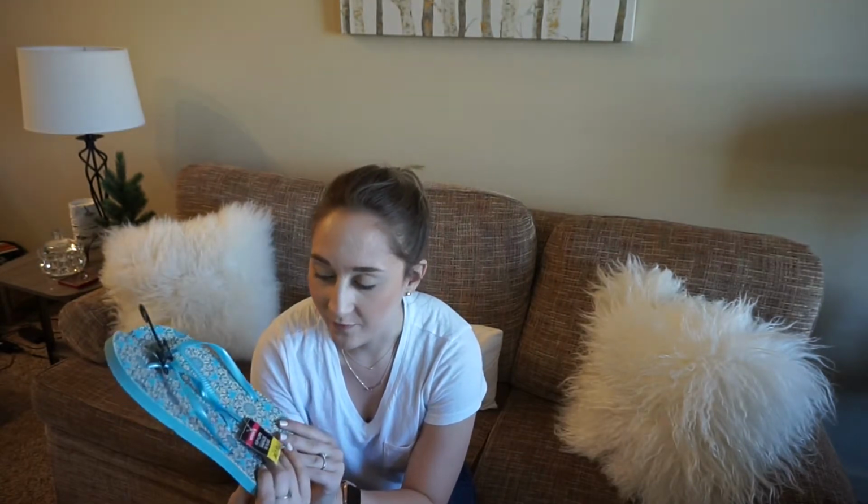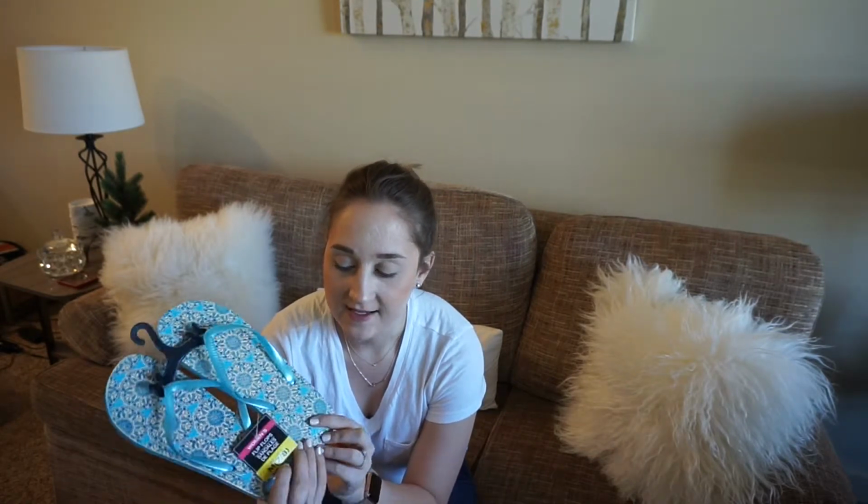And then the last item that I found is these flip-flops, actually. So these are really lightweight flip-flops. And again, as per usual, I'm constantly thinking about our honeymoon and things that I need. So I have a pair of the Havaianas, and I really like them, but I think that I might bring both, but I wanted kind of a crappier pair, so if something happens, I don't really care. Not that I really wear my Havaianas anyways, but I don't think you can really go wrong with an extra pair of flip-flops. So they had this print, and also a purple and a pink. Same kind of print, just different color. So for $1,